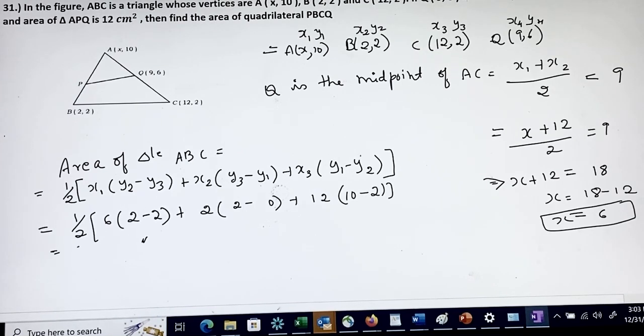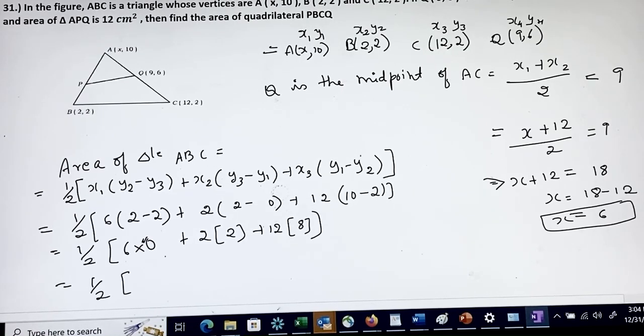So now 1 by 2, 6, 2 minus 2 into 0 plus 2. 2 minus 0 is 2 plus 12. 10 minus 2 is 8. Okay, so now 1 by 2, 6 into 0 is nothing but 0 plus